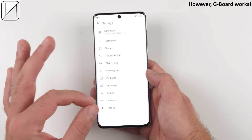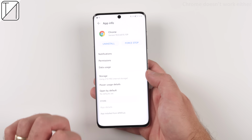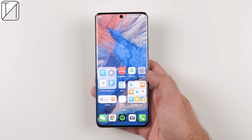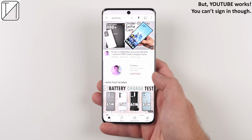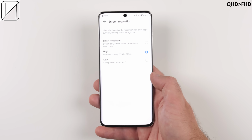However, Gboard does work, and the Play Store doesn't work, of course. Chrome doesn't work. Chrome Beta doesn't work. The Google app, of course, doesn't work either, but YouTube does work. Unfortunately, you can't sign in. You can use that YouTube app with the incredible hardware that this phone has to offer, including a QHD to